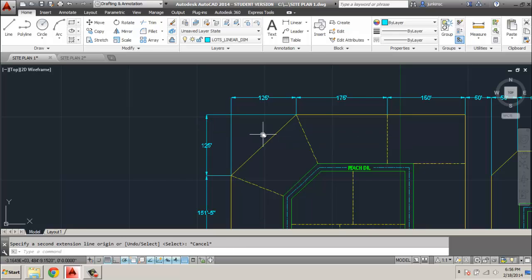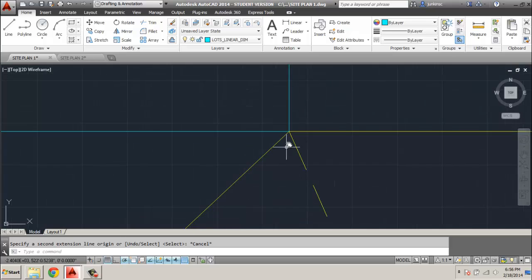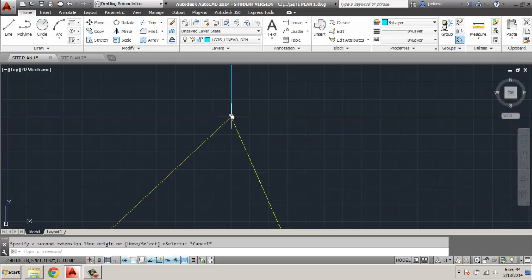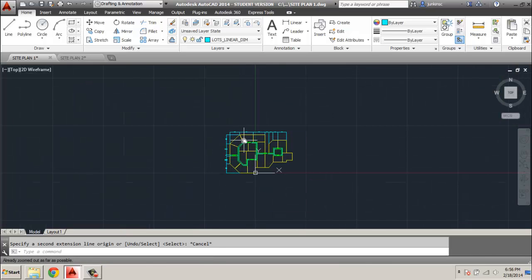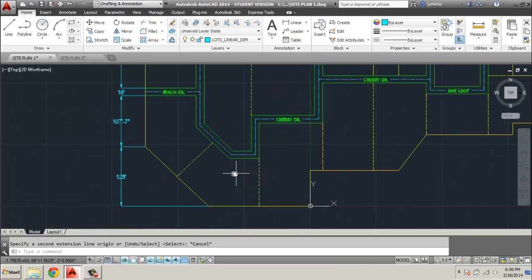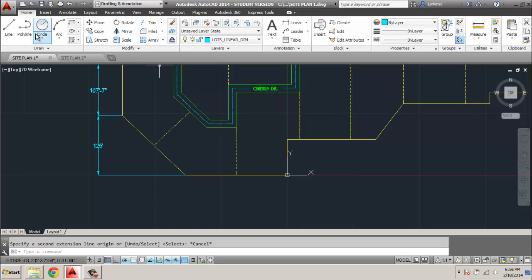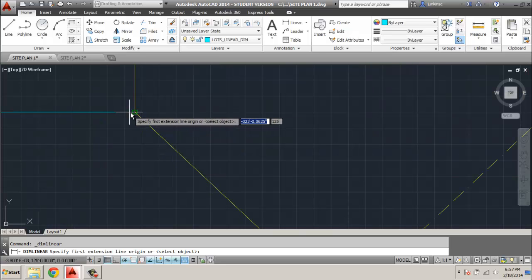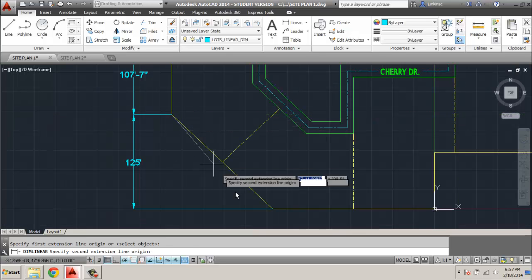You want to be careful you don't accidentally snap to the end point of a dimension because those actually have a little gap on them. See how that gap? And if you snap to this, it's going to give you the wrong dimension. So make sure you see a square snap on that rather than an endpoint snap. I'll show you that probably right here. See how that gets square? But if I get over here too far, it might give me this tangent. So what you want is the square, and then we'll go to this point,